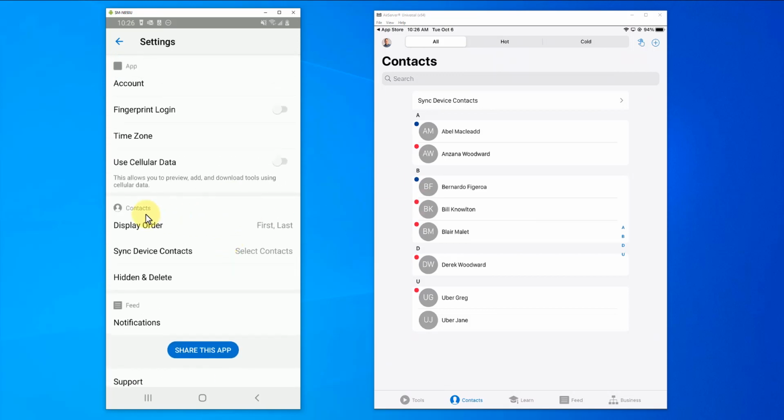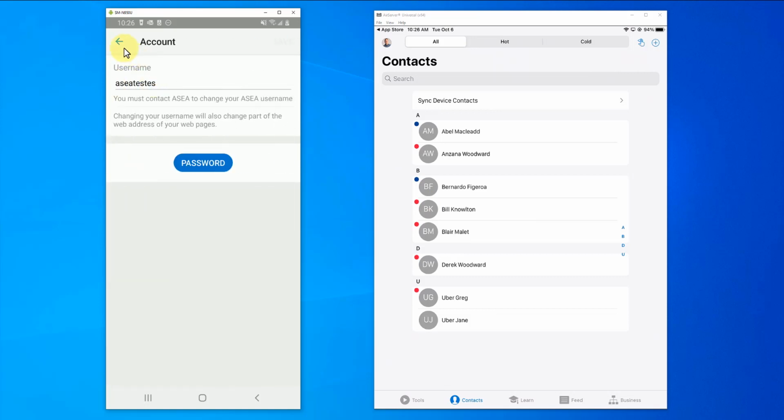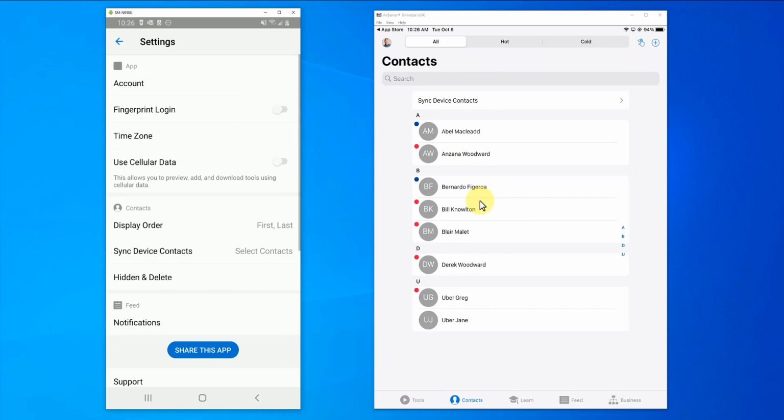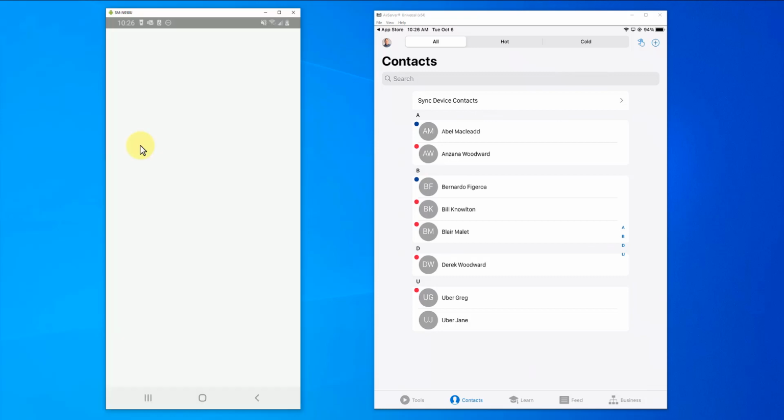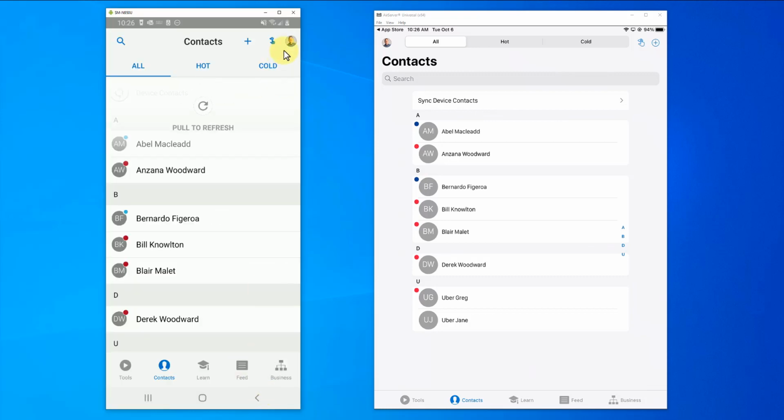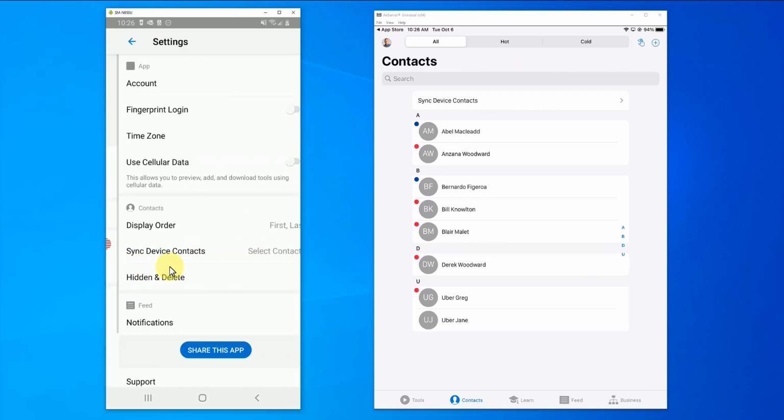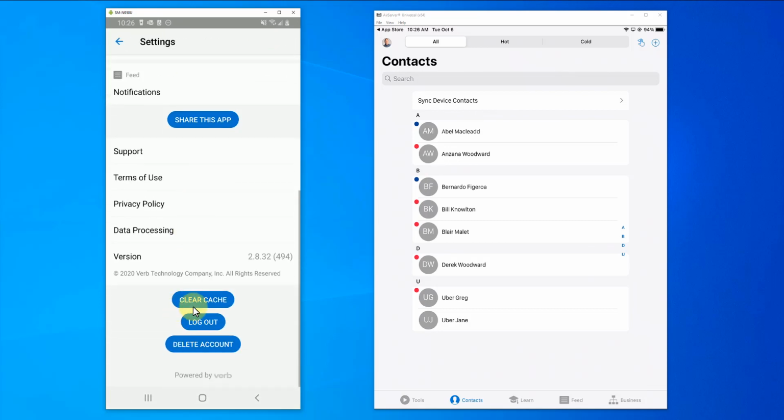I've seen it here on the desktop app, and that could be probably where it's at. Yeah, that's likely it. So if you guys use the clear cache feature here in the settings, let me show you here. This clear cache setting right here will clear out any contacts that you have not shared with. So you can use this if you accidentally sync all of your contacts and need to have kind of a fresh start. The clear cache is the way to do that.